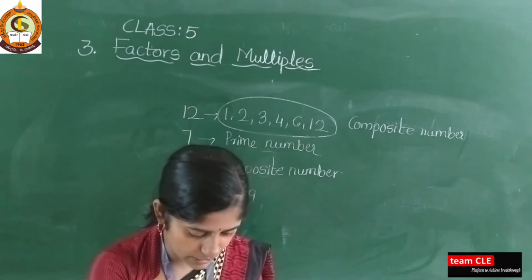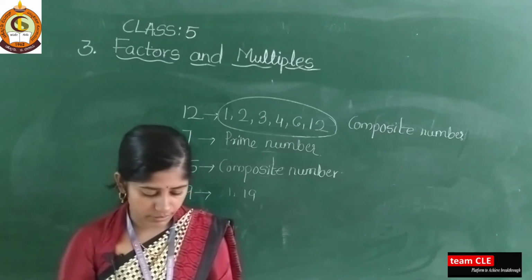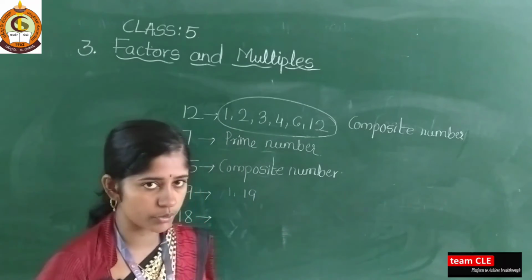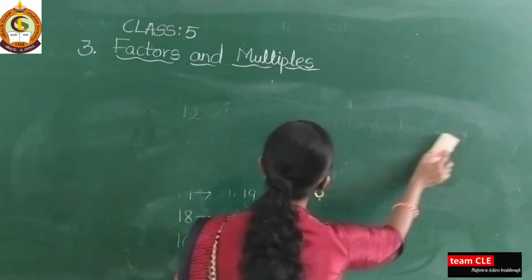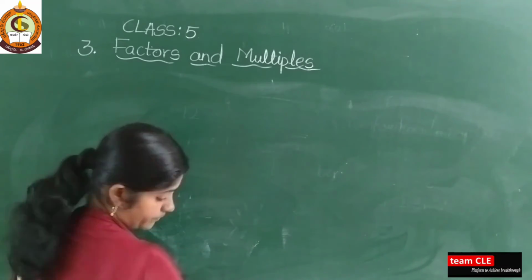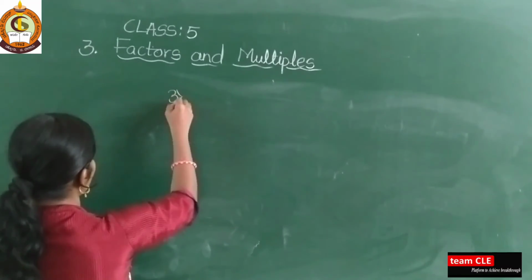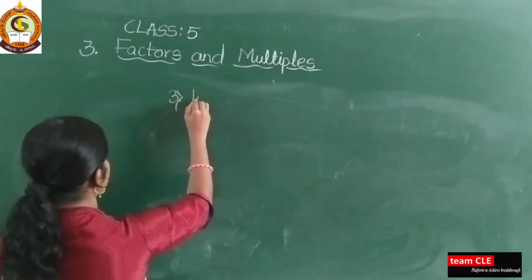So let us see one example from your My Practice Time 1, and that is: list all the prime numbers between 1 to 50. So what is their question? My Practice Time 1, and that is the third main. Yes, that is the third main. Then see what is there. Write all the prime numbers between.